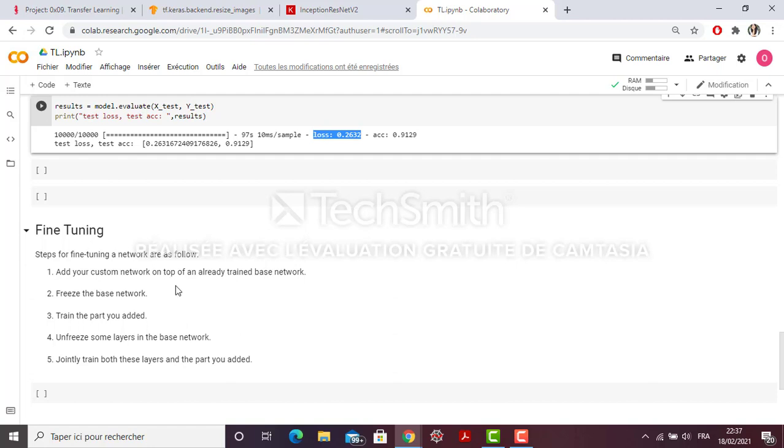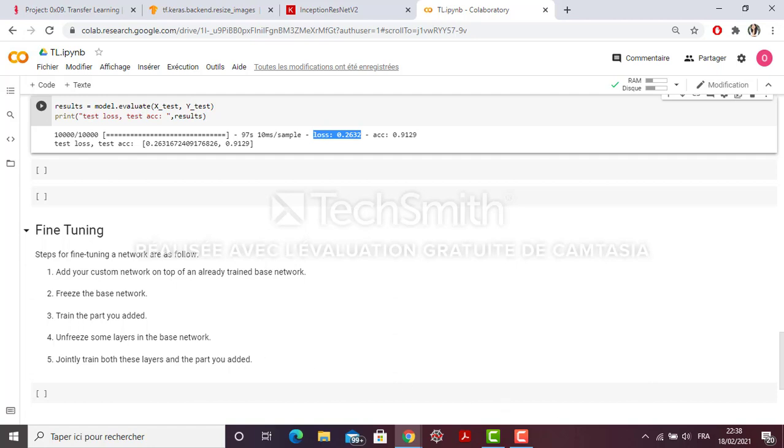Now the new thing is to unfreeze some layers in the base network. We are going to choose the number of layers that we are going to unfreeze, and then we jointly train both these layers and the part you added. So at this time we are going to train both the unfrozen layers from the base model and the layers we added.